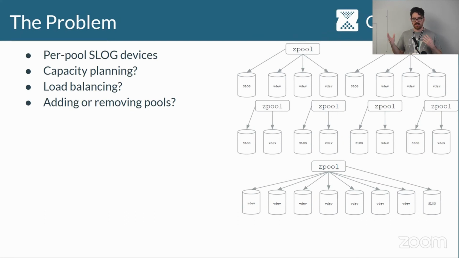And so now we're starting to get into some thorny administration problems. How do you do capacity planning? How much of the disk should each pool get? What happens if one of your pools starts to get more demand than it used to? Do you need to buy more disks and attach them? Can you repartition? And what happens when you add or remove pools? Are you going to repartition all of your slogs now? Are you going to buy new slogs just because you had one new pool come onto the system? So we've created all these administrative problems if you try to have many pools with slogs on a